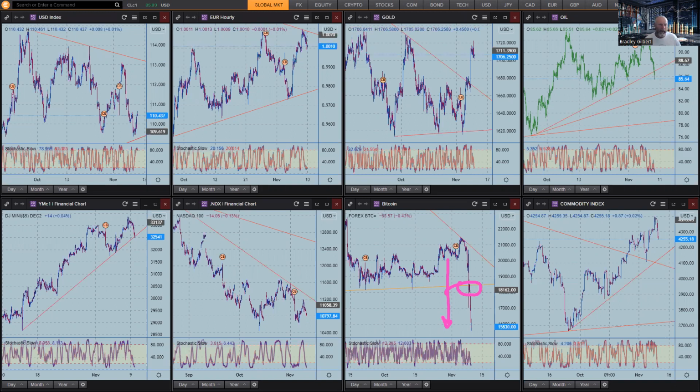What I ideally want is a pressure build up in the technical levels of an instrument. Then you get the fundamental overlay, which is the US CPI numbers, and that can give us a really big resounding one-way move. So what you're looking for is pairs that have really good technical setups, like the Dow Jones futures here. You can see this coming right back to support. It's right there at the moment. You would love the US CPI numbers to come out now, because this thing is at a critical level. That's what we're looking for: critical levels.